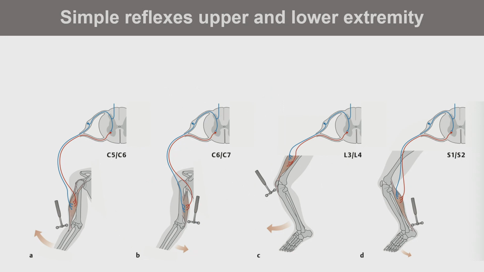So simple reflexes, which you will use in neurology when you have neurology, are very simple. And I have said that almost no muscle is innervated by only one segment. So here is C5, C6. Typically, this is the bicipital reflex, very simple. The second simple one is the reflex over here, the triceps. And here, this is a typical patellar reflex affecting the femoral nerve.